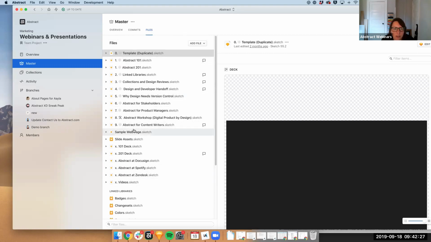And then you see Sketch files. Our vision is to be file type agnostic, that you could have Sketch files in here, XD files in here, maybe a JSON file, maybe some other prototyping tool file in here. That's our grand scheme, to be file type agnostic, because we want people to use the tools that they want, come into Abstract, and be able to work together.